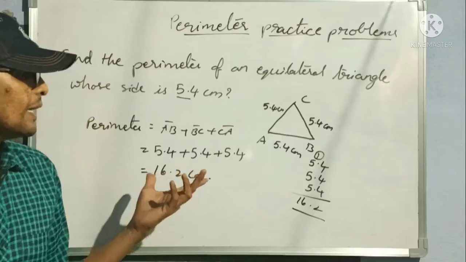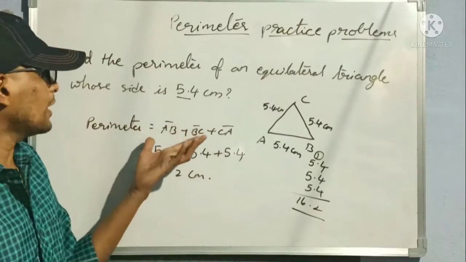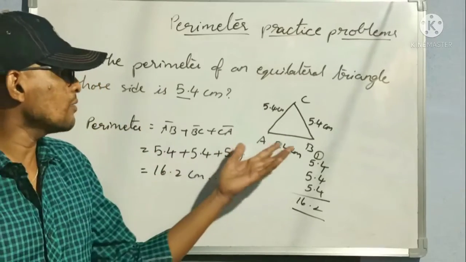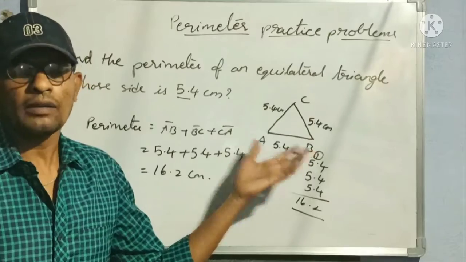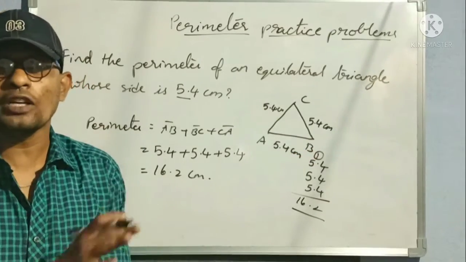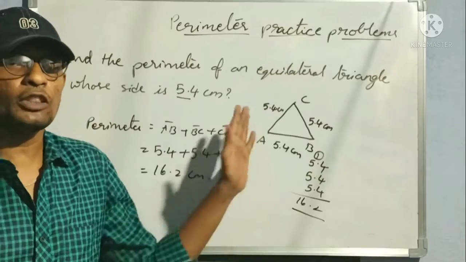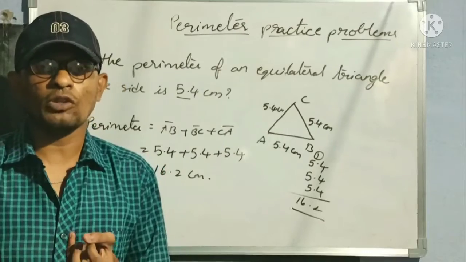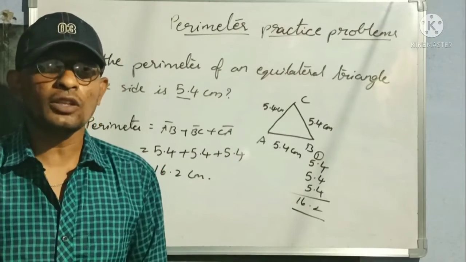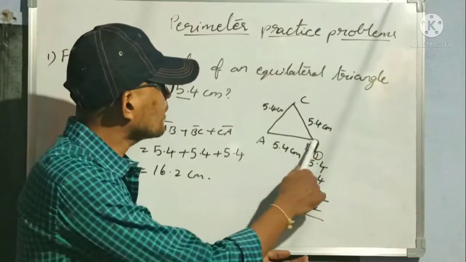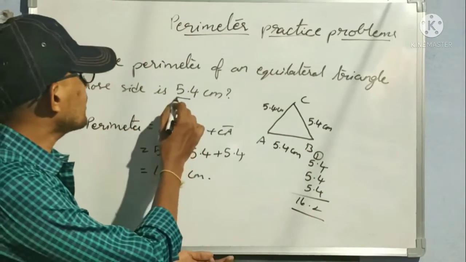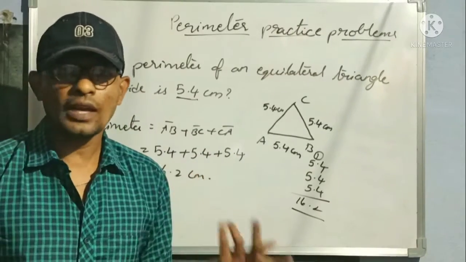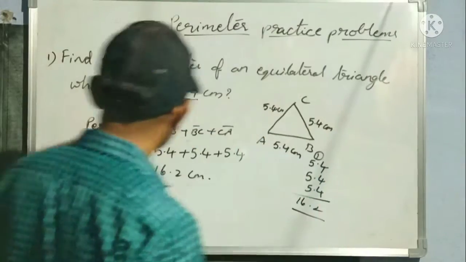This is a very easy problem. But some members will be lagging in learning mathematics. For them, this is a very simple shortcut. If you don't remember any formulas, then this is a very easy problem. How to remember? For an equilateral triangle, only the definition is enough, no need of formulas. Understood? Without definitions we can't do anything. Definitions are a must. Either you should learn formulas or you should learn the concept. Then only you can do problems perfectly. Understood? So here equilateral triangle means all three sides are equal. And we know that each side is 5.4. Just add 3 times 5.4, you will get the answer. Simple. Clear? So now let us do one more example.